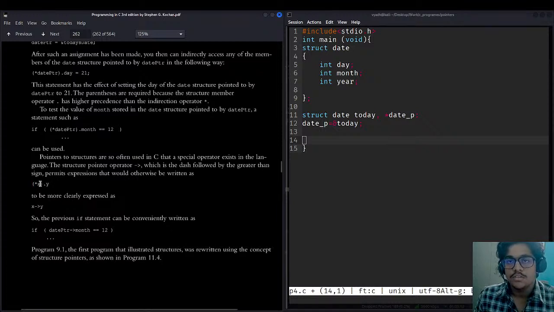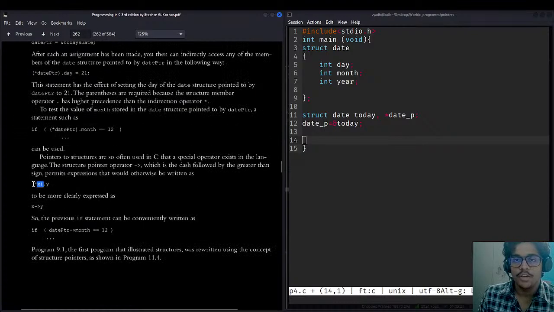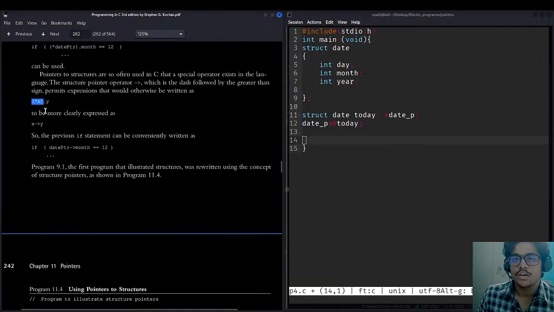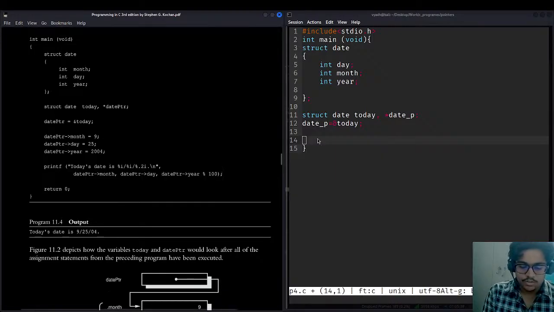In this case, since the variable is a pointer, we can set the month, day and year through it. So it is a way of writing like this; you can write it this way or that way, same thing. Let me first tell you how it is written.